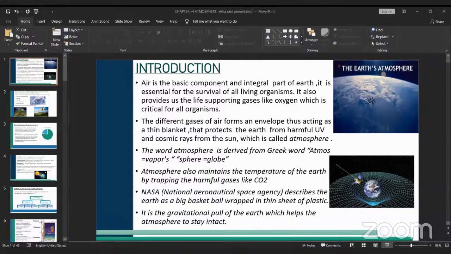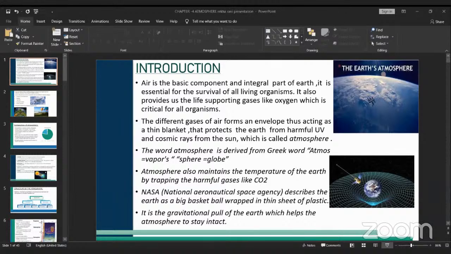Because of this, we have the movement of wind from the land to the sea and from the sea to the land. This land and sea breeze plays an important role in the development of monsoons over the Indian subcontinent. They are found mostly in the coastal regions, the areas very close to the sea, and they are formed during the day due to the thermal and pressure gradient. Thermal means temperature, and pressure is the air pressure between the land and the sea.